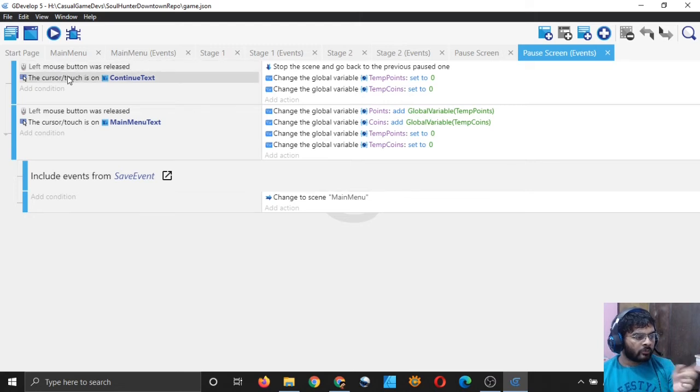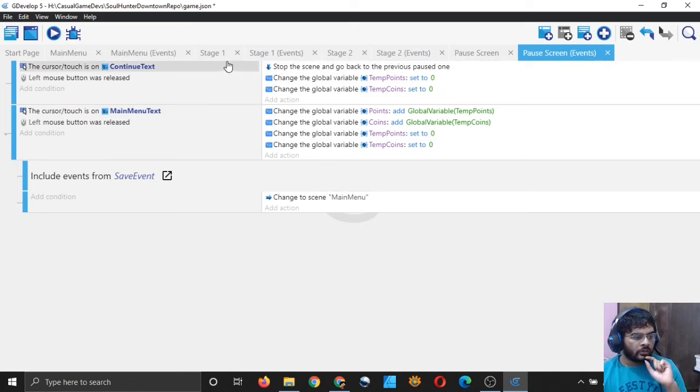When I'm releasing left mouse button, if I do it like this, then will it work? It is our continue text and my left mouse button was released, then stop the scene and go back to previous scene. It should work.